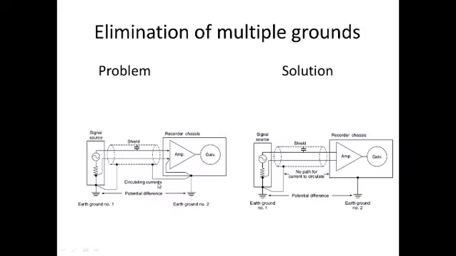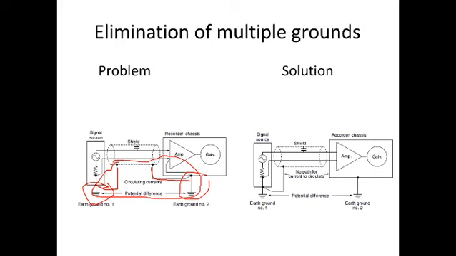So here you can see how you can eliminate the multiple grounds. This is one example given there for the proper grounding. Here the grounding is done, here another grounding is present. Okay, two different grounds are present here. Now this shield has these jumper wires present here. This is one jumper wire, this is another jumper wire. So what happens in this case is one loop is formed in this circuit, and the current circulates through this, and that is going to affect your measurement.